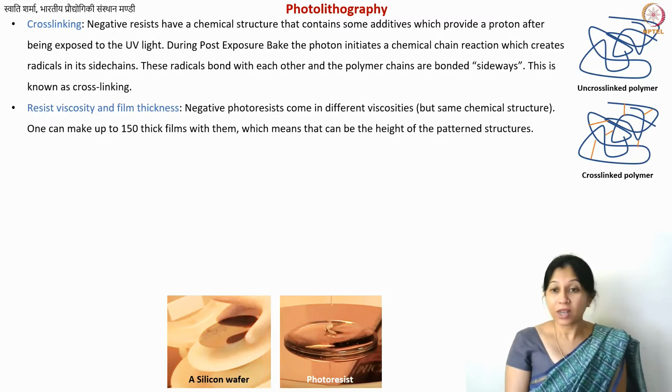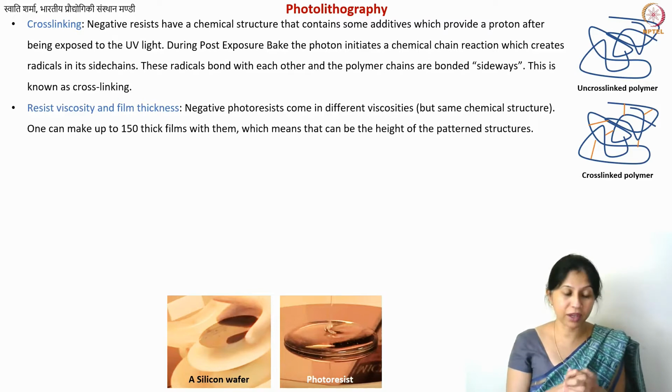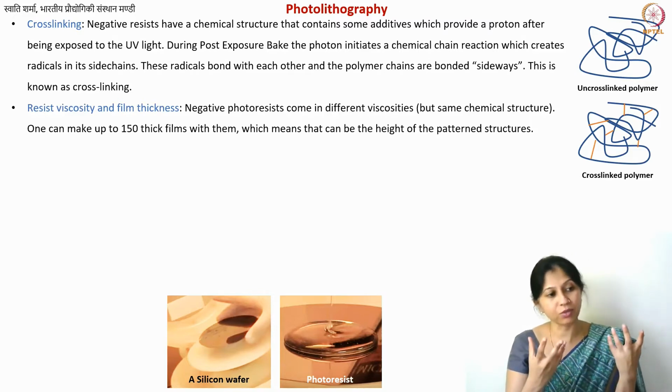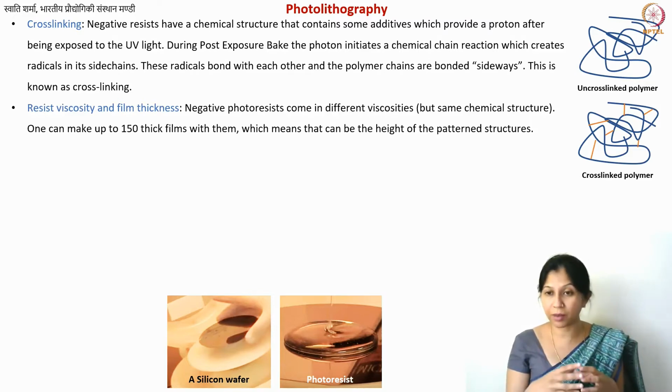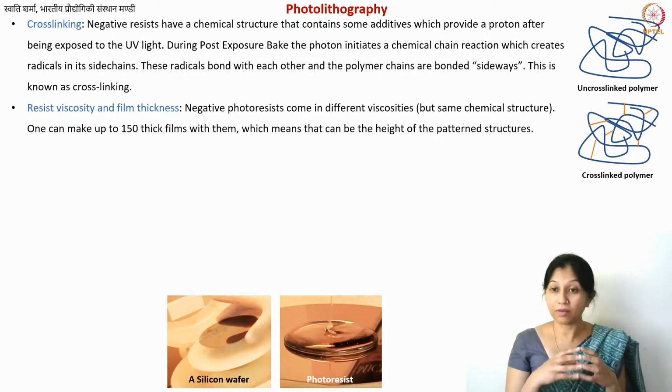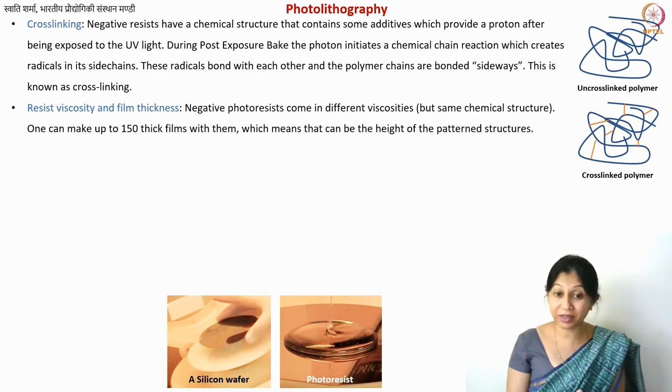Okay, what else is important for performing lithography? So if I give you a certain resist and I say you need to make a film which is 5 micrometer, will it be possible to always do it? The answer is no. If the viscosity of your resist is too high, then even at 10,000 RPM, you might not be able to get a film that is extremely thin. So basically this is very common sense, that the viscosity of your resist becomes very important.